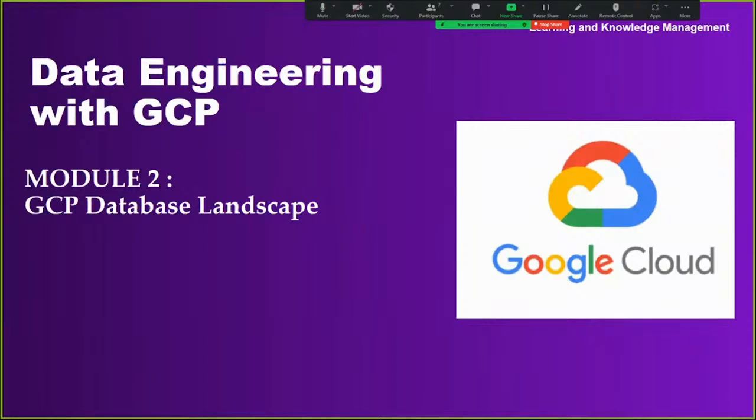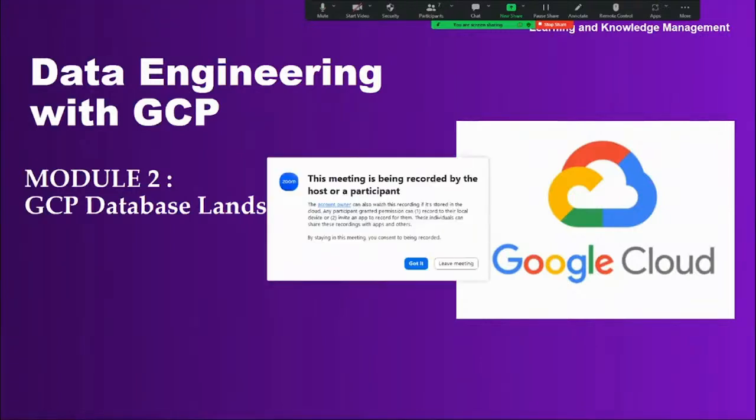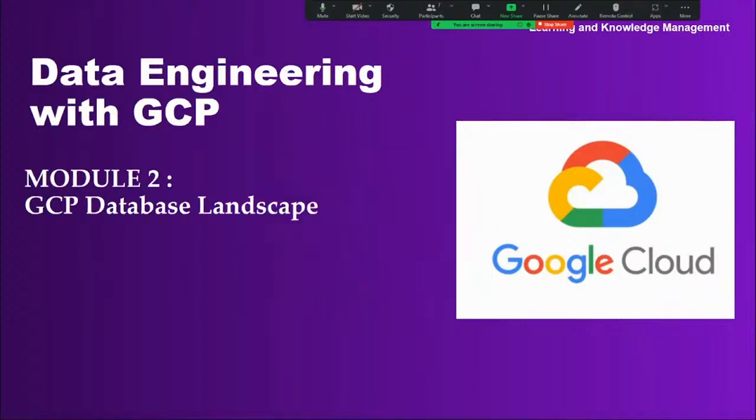So, yesterday we had discussed the course content and everything. From today onwards, we're going to discuss the very first topic, that is, in our GCP, we have the GCP database landscape and big data landscape. So one by one, we are going to start. In the first half, I'm going to explain a few concepts related to databases, that is, Google Cloud Storage. And after that, we're going to start with